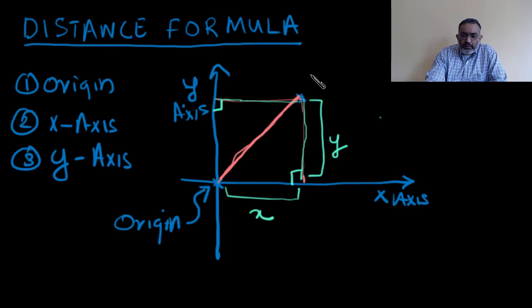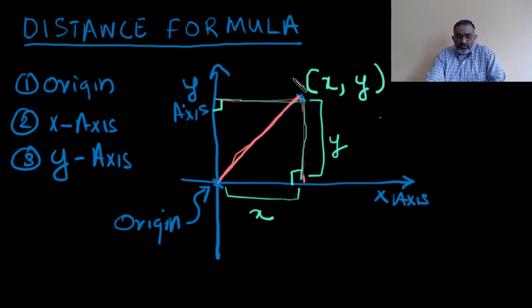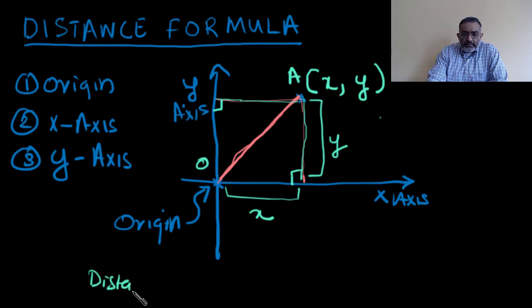And we typically write it down as x coordinate first and y coordinate second in brackets. So if this was point A, then the coordinates of this are x and y, with x being the first and y being the second, separated by a comma. Now let's call this origin as O. All right. So our next goal is to calculate the distance